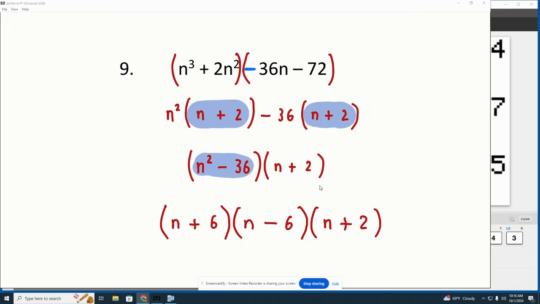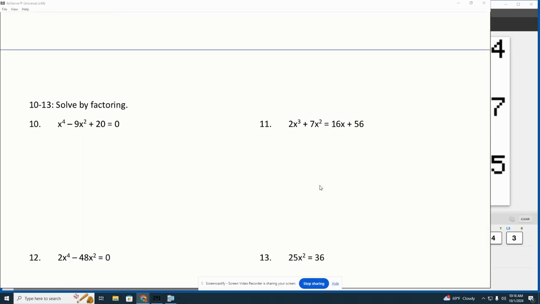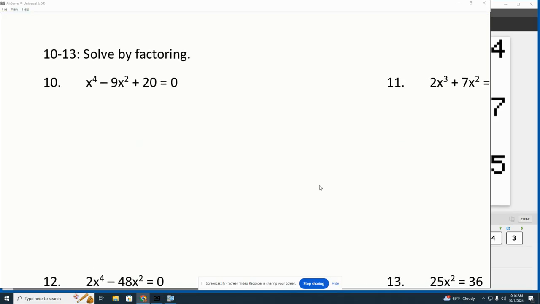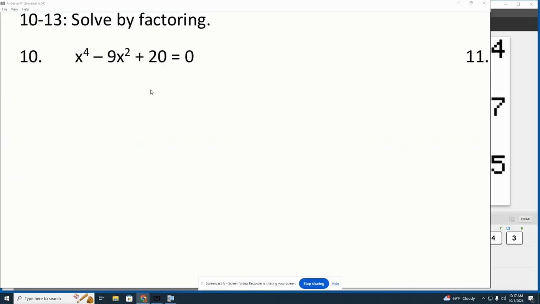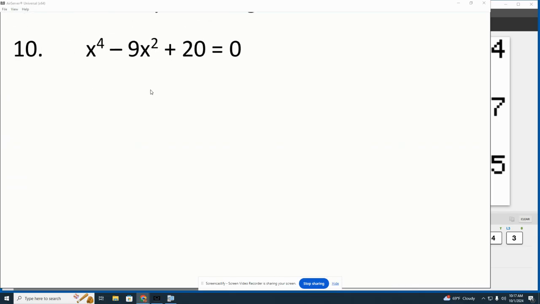Y'all with me? All right, let's move along. We come across a trinomial. It says solve by factoring. Y'all know how to solve by factoring? You factor, then you set your factors equal to 0. Remember that? All right, look at this. Can I pull anything out of this trinomial right here? Now look, 20 doesn't have an x